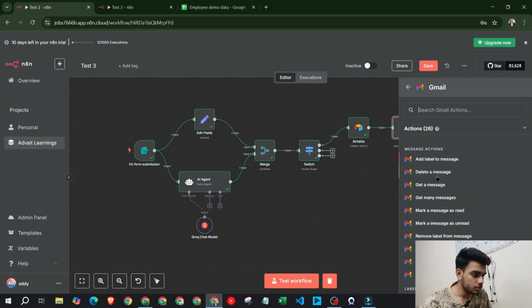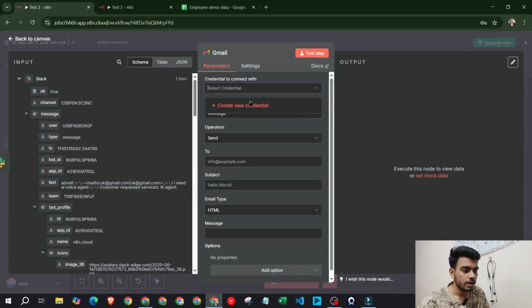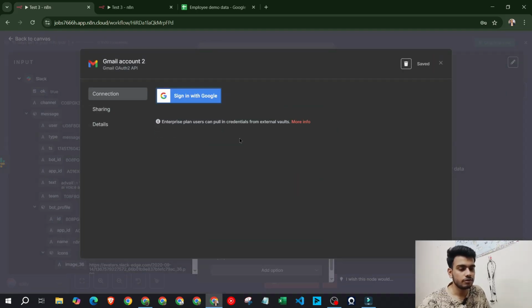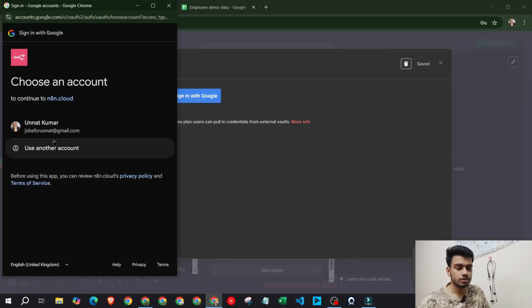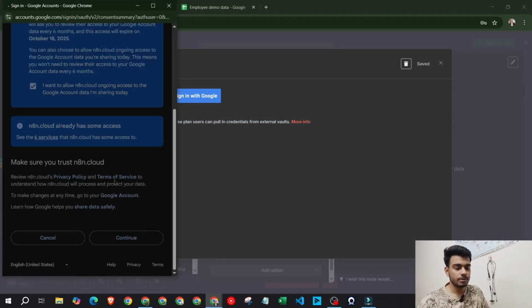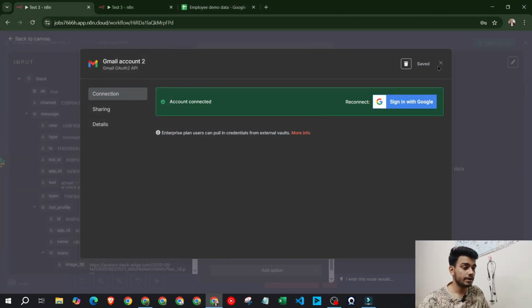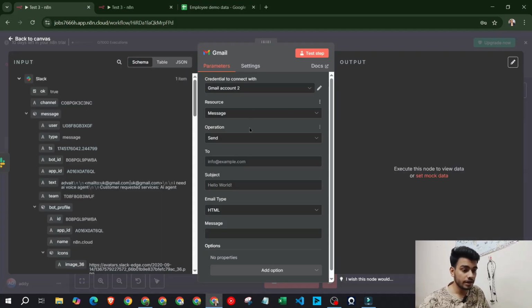Where is send message? Here it is, send message. Just click send message and create a new credential, sign in with Google, and use your email ID. Select everything, click continue, and now it's connected to my n8n. Now I will send the message to